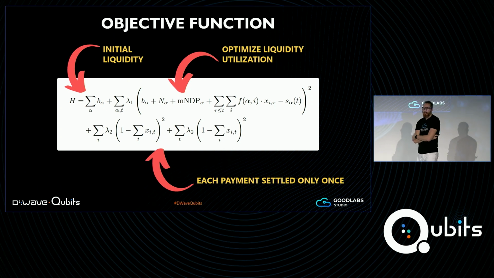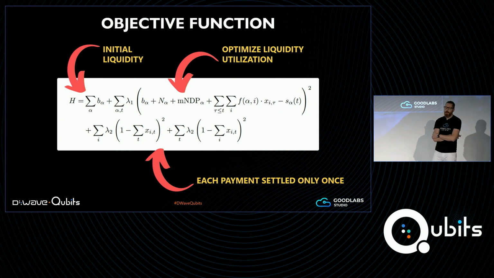On the top left, we have the sum of the liquidity in everyone's account. That would be the numbers that were on the right in the previous slide. And of course, that's just what we want to minimize. We then have to subject that to a few constraints. The one on the top right basically says that in everyone's account, they can't go negative at any point during the settlement. Instead, they have to raise their initial liquidity requirement. So this is the one that's doing the heavy lifting. And then on the bottom, we just have a couple of bookkeeping constraints that are making sure that every payment gets settled once and only once.